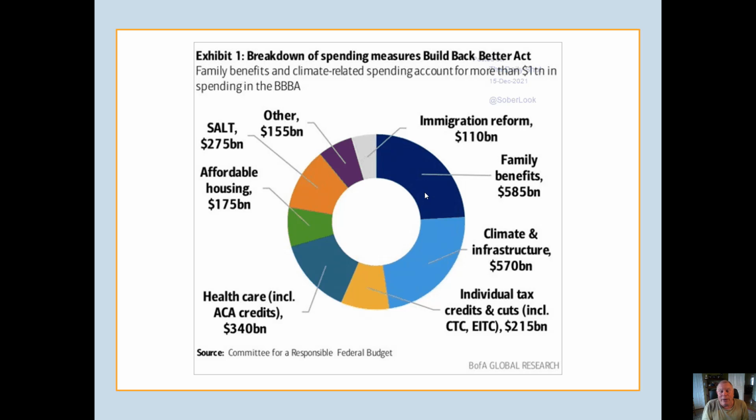Then there's Build Back Better, and that's another $1 trillion, $2 trillion. Again, as we look at it, family and benefits get a piece of it, climate and infrastructure, tax credits, healthcare. So that's the spending on